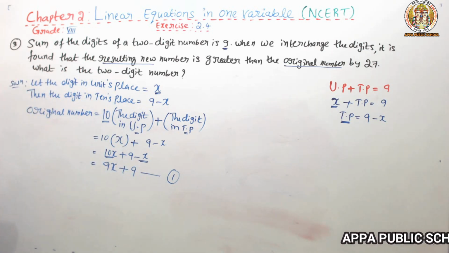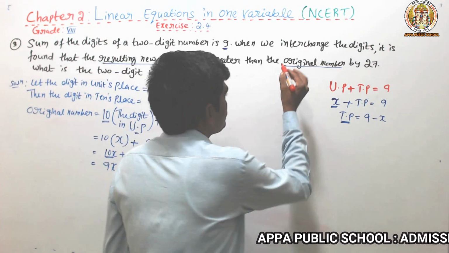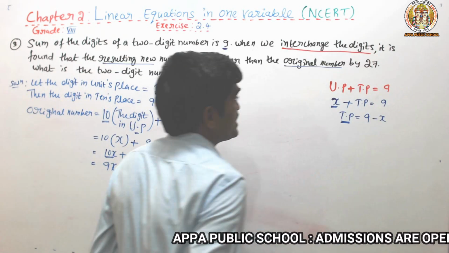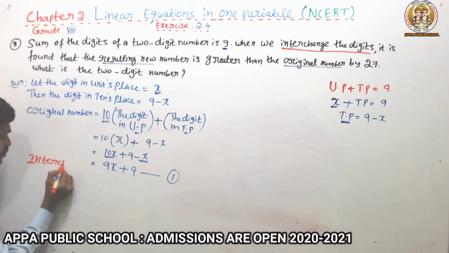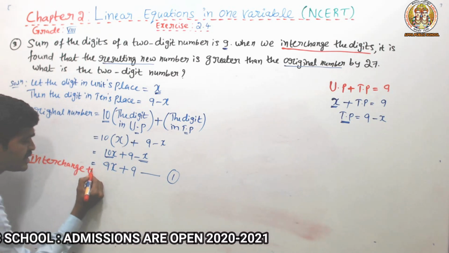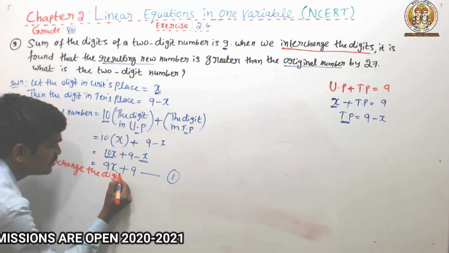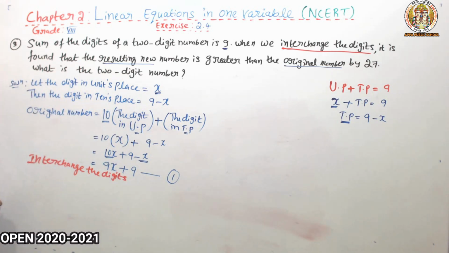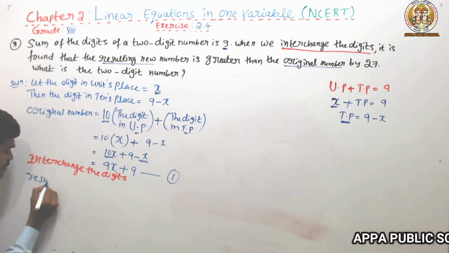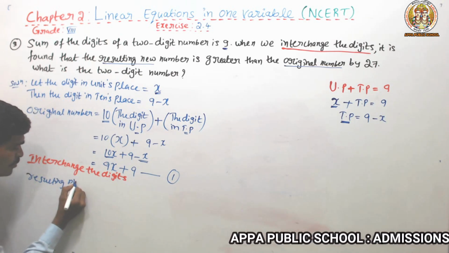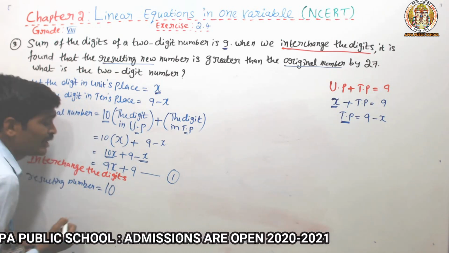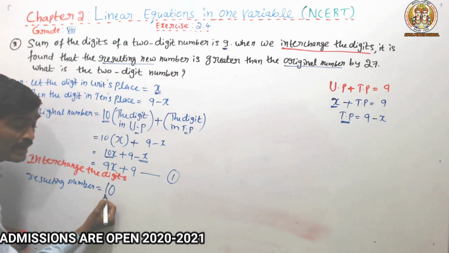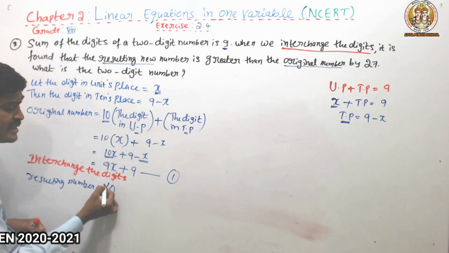So next, in the statement they told that interchange the digits. Interchange the digits. So you can name them, instead of original number, we can give the name resulting number. Keep 10 as it is, and don't interchange 1 0 to 0 1. It will be again one place. No? That's why 10 keep as it is, constant place.